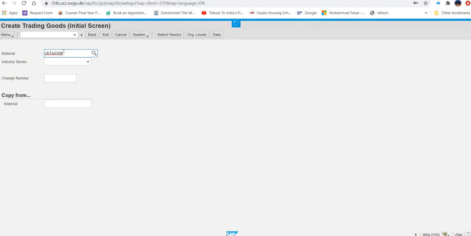Then what next they are saying, select retail as industry sector. In the industry sector we will select retail. Means this material will be created for the customer so that it can be sold out in the market. Then we will press enter.